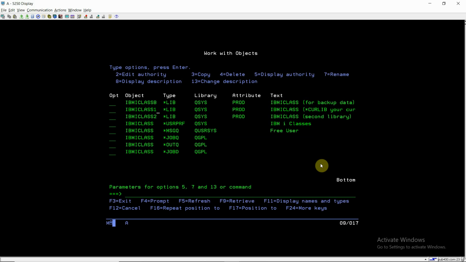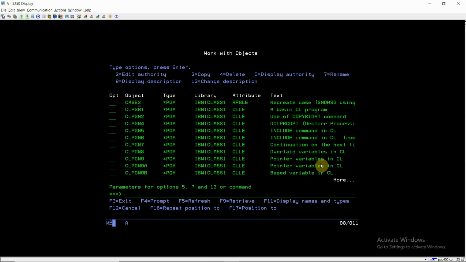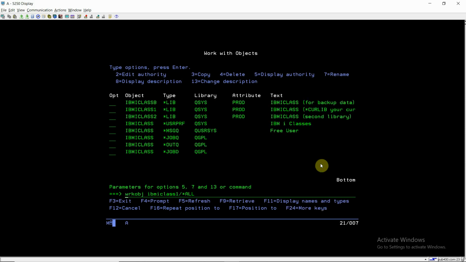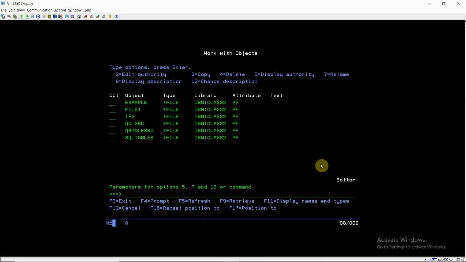Let's see WRKOBJ IBMICLASS1/*ALL. There I have so many objects in it. Here also I have many objects.